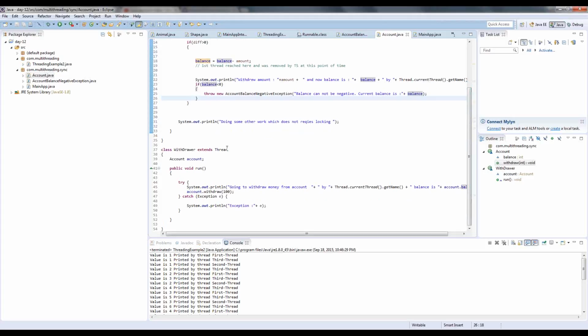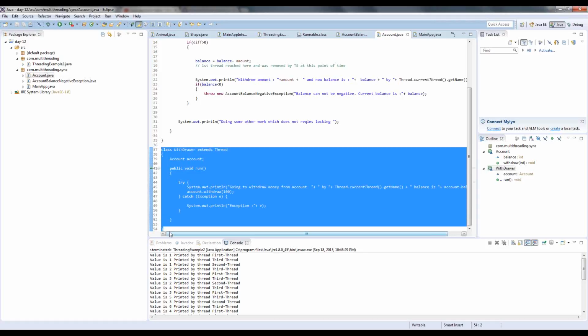So that is fine. Now Withdraw extends Thread. What I'm actually doing is creating the thread to withdraw the money, because there will be 2 users or 3 users or